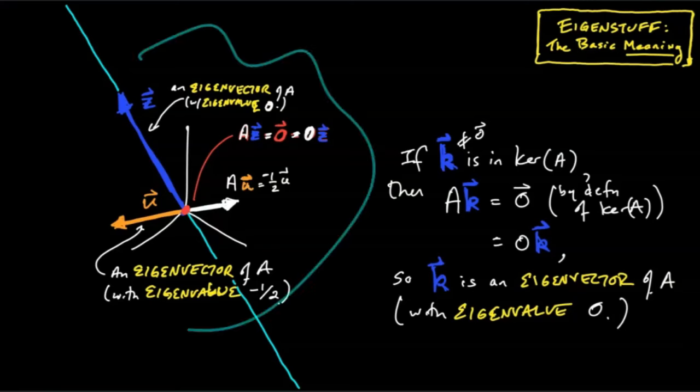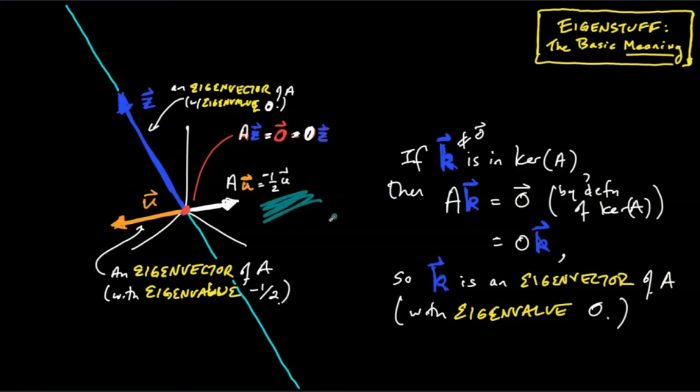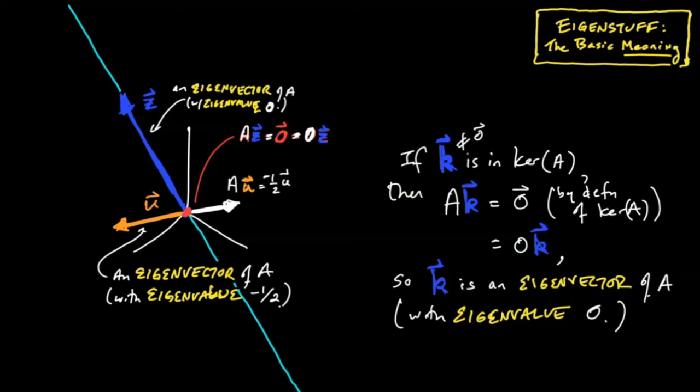But it definitely can't be a three-dimensional kernel. It cannot be the entirety of R3, because I have in my picture this other vector, u, and it does not get mapped to the origin. It gets mapped to minus half of itself. So if the kernel were three-dimensional, if the nullity of this matrix were 3, we could not have a vector like u. Rather, everything in R3, all of it, would collapse into 0. Yet here's something that doesn't, so for the sake of the argument here, let's just go ahead and assume that the kernel is this line through the origin.